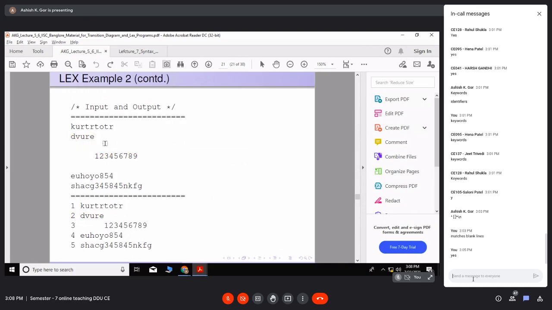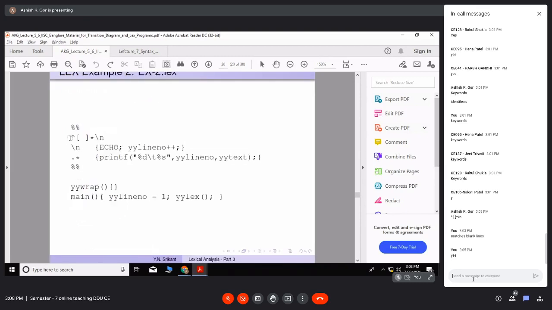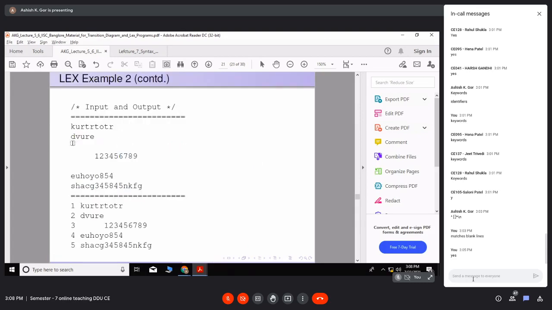You can see the first blank line, second, there could be a few blank lines. Let's say there are 2 blank lines, 1 line, 2 line. All those blank lines, as Rahil said, will match with this pattern. Slash n is also part of the pattern. That is, there are so many blanks and then a new line. So for blank lines, I am doing nothing. So blank lines are just ignored.